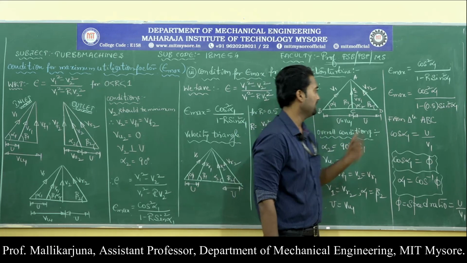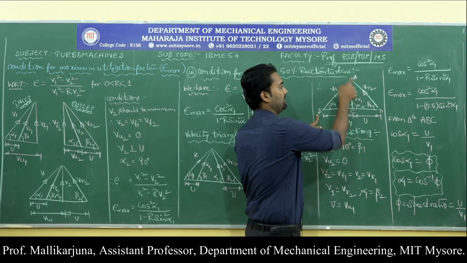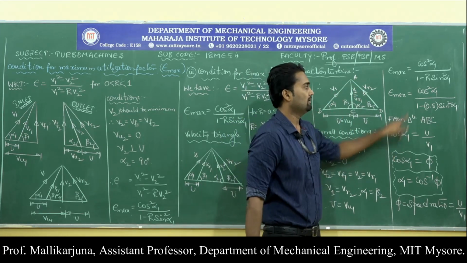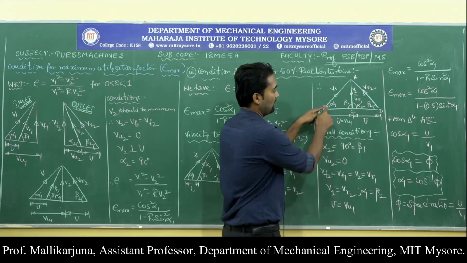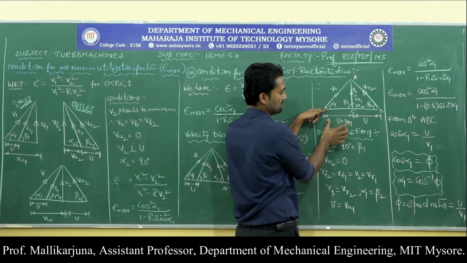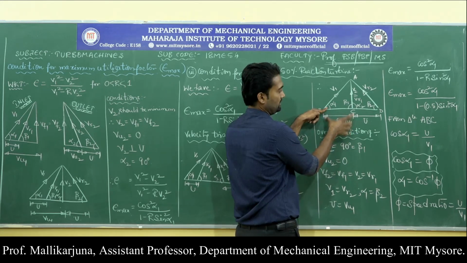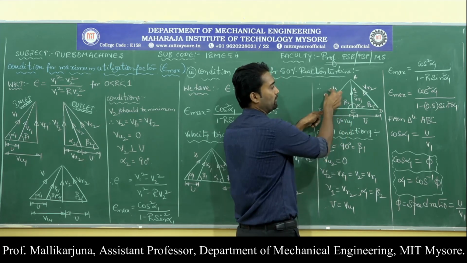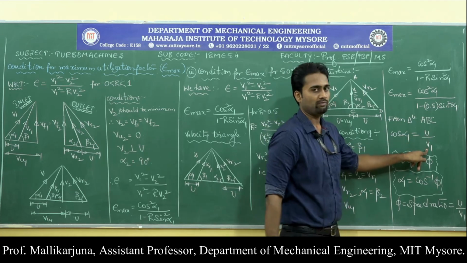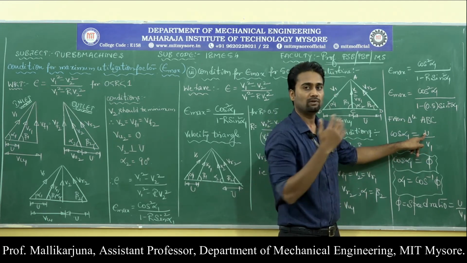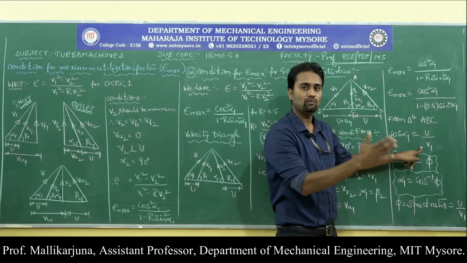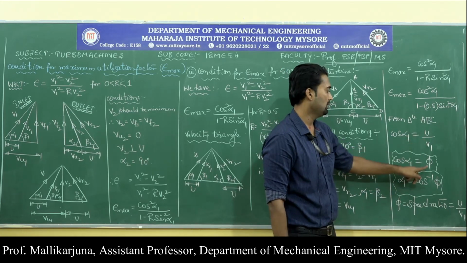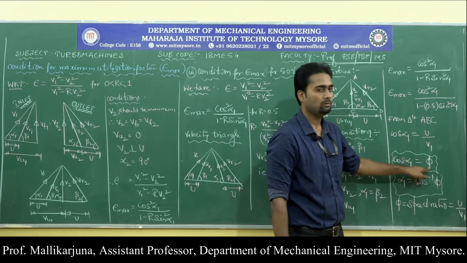Now from triangle ABC, please name the triangle over here ABCD. From this ABC triangle, consider the cos alpha 1, numerator value cos alpha 1. So alpha 1 is here, cos alpha 1 in the sense adjacent divided by hypotenuse. Adjacent is VU1 or U, hypotenuse is V1, U by V1. We know U is the tangential velocity of the rotor, V1 is the absolute velocity of the fluid which is striking the blades of the turbine. So U by V1 is phi. So cos alpha 1 will be equal to phi.